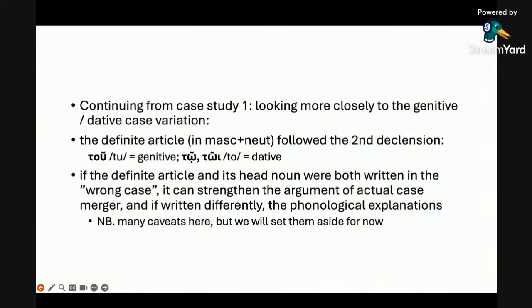But continuing from the case study 1 that we already looked at, we can look more closely into the genitive-dative case variation, if we think that this is the primary reason for the orthographic variation that we saw in the case study 1. So we can, for example, look at the definite article in masculine and neuter gender. They follow the second declension. So the genitive has tu and the dative has to. So there's again the u or omega